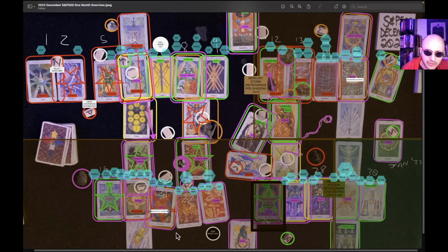So near a low there, it looks like. And then we have a big move on the 22nd to the upside, reaching for distant resistance and a trade opportunity at the high there. Advised to open up protection there as well. We have looks like 3 failed attempts to break through key resistance over the day of the 23rd,